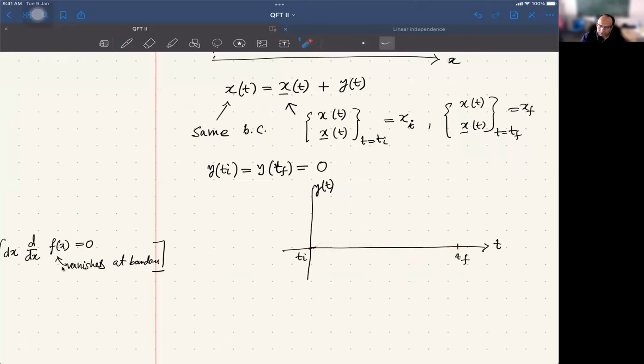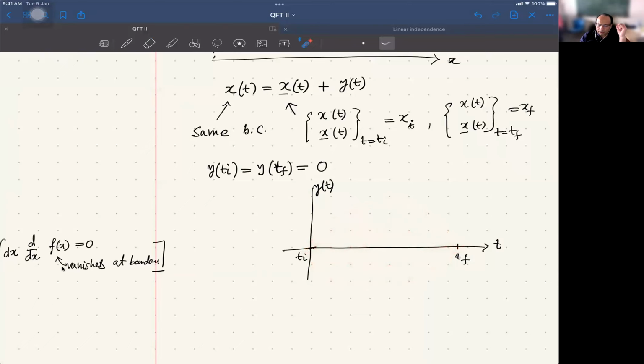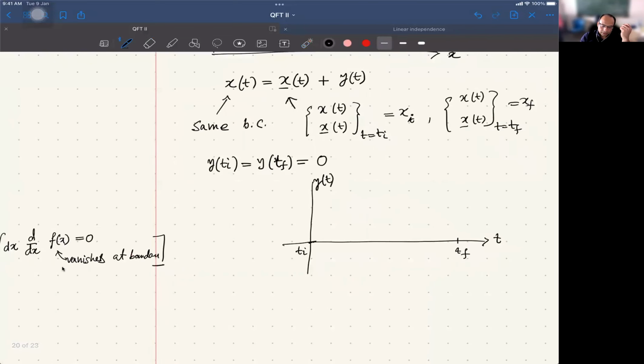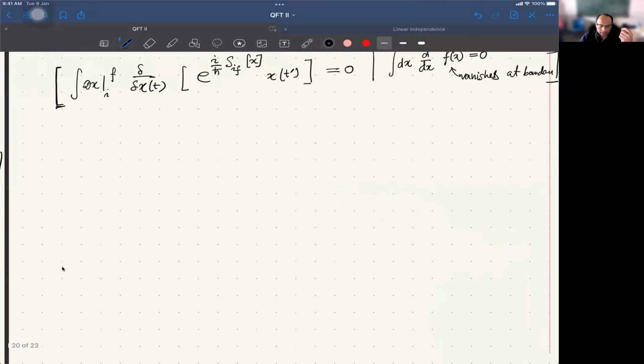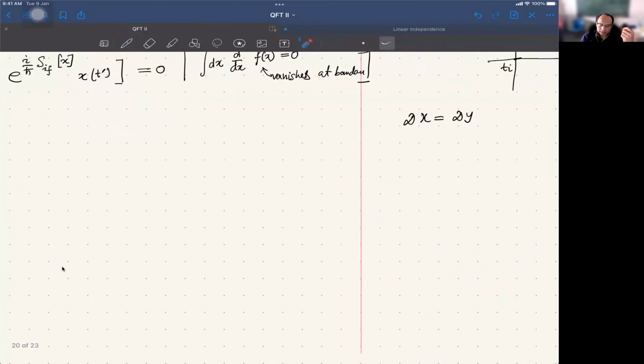Yeah, y of t is all possible functions which start from 0 and end at 0, and so these are all possible paths. Now you have to consider the boundary of the path integral. You could write dx is the same as dy, because x lower bar is a fixed path, and therefore the entire calculation becomes a y path integral instead of an x path integral, and therefore we are talking about